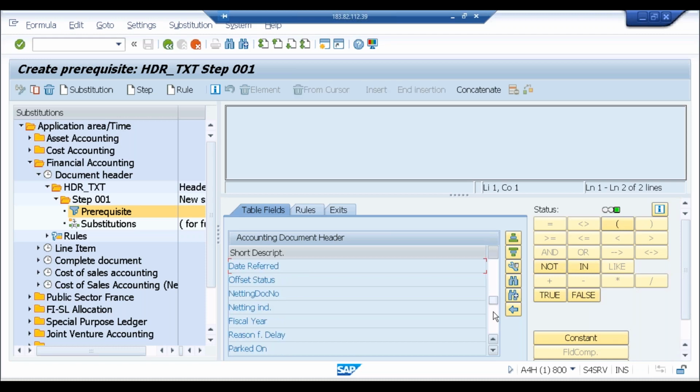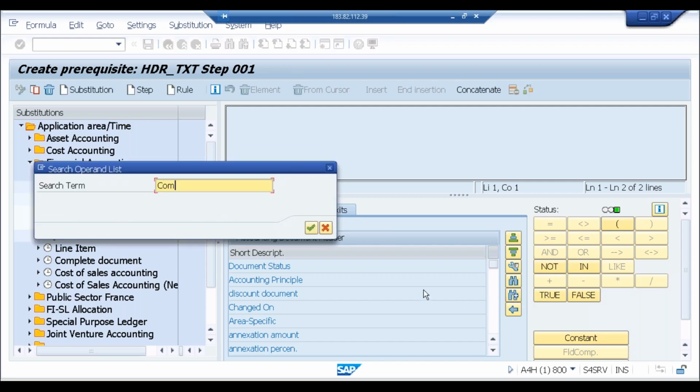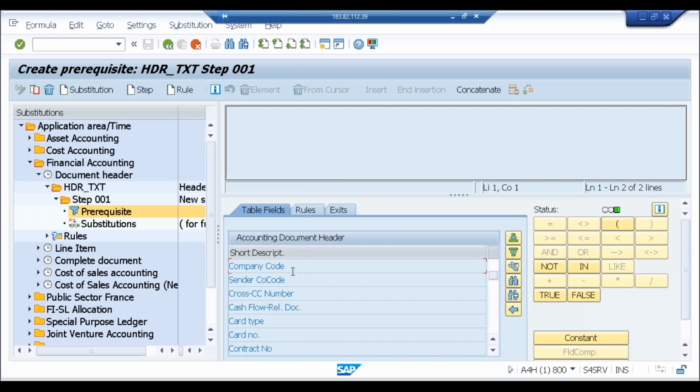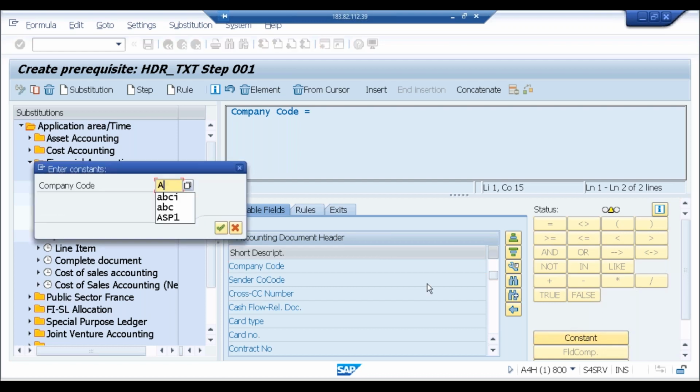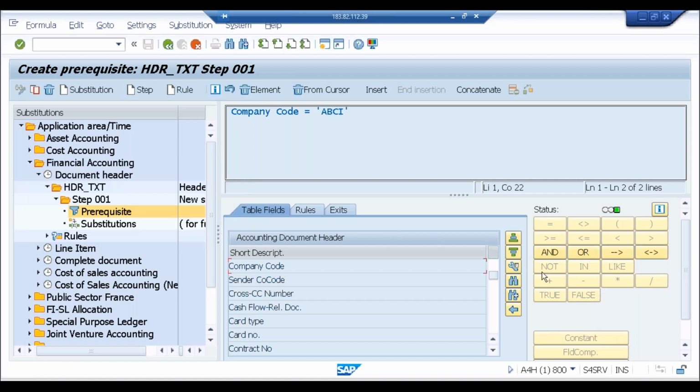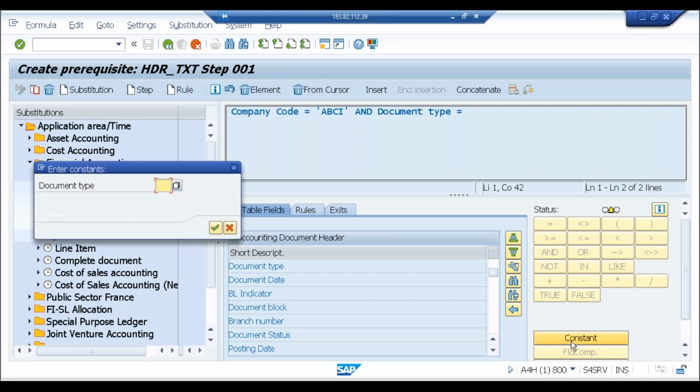Where is company code? I can search also. So let's click on this find company. Okay, company code. So company code is equal to constant value, which is ABCI, and indicator. Second condition is document type. So document type is equal to again a constant, which is SA,